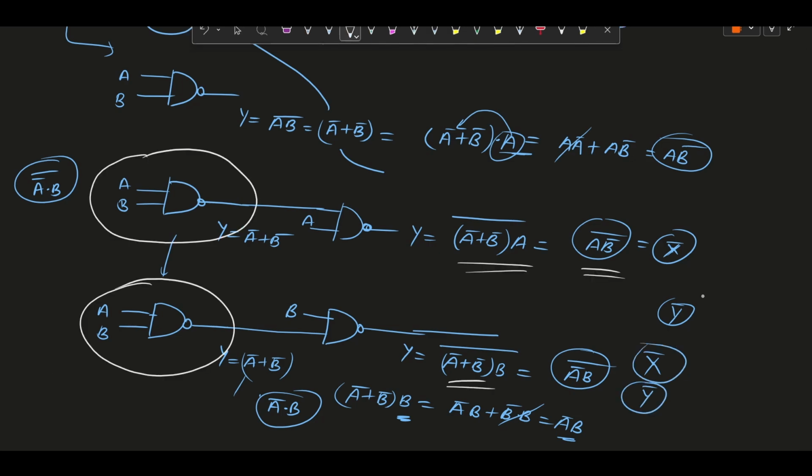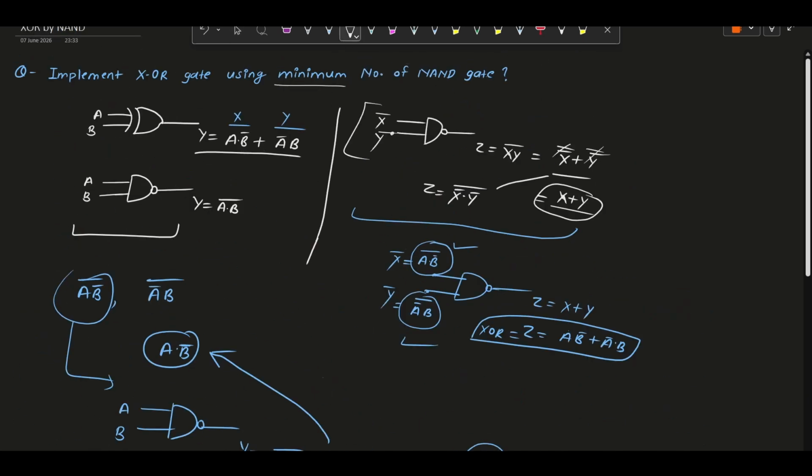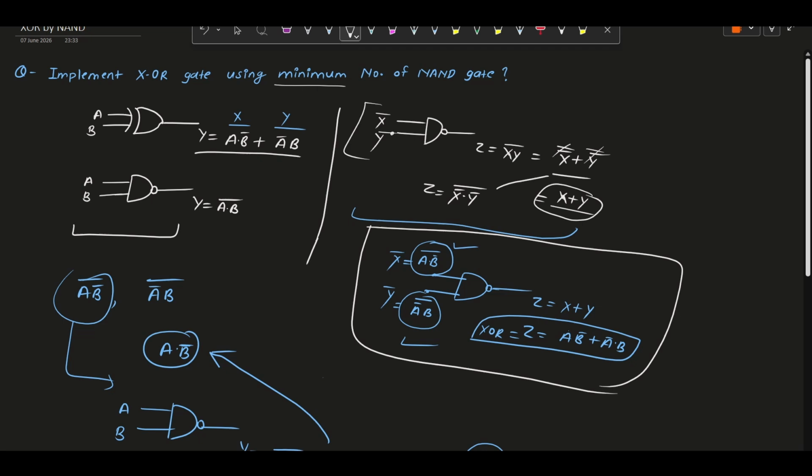Now we will connect all these circuits together to make the complete XOR gate. In the starting only, we discussed that if we connect these two terms, a into b complement whole complement, and the second term, a complement into b whole complement, to the NAND gate, then we will get the XOR gate output. So we have implemented these two terms individually, and that implementation we will connect in this NAND gate so that we will get the XOR gate.